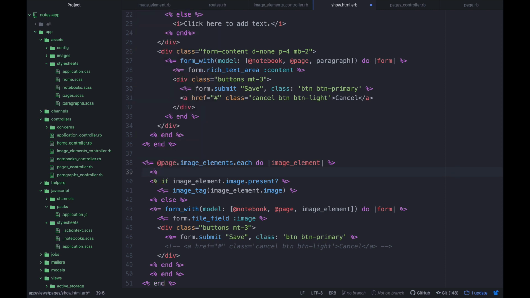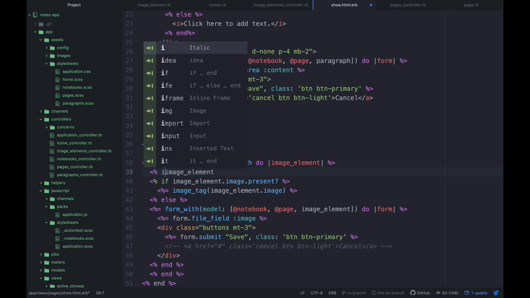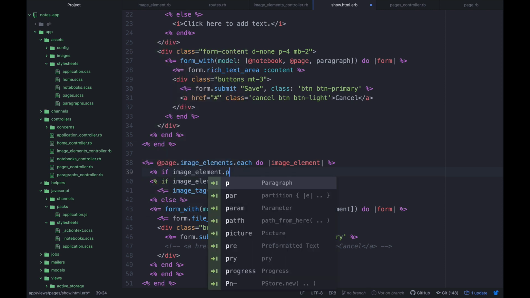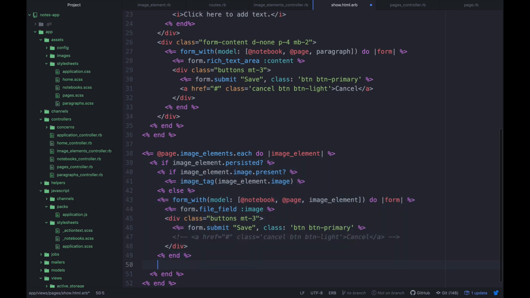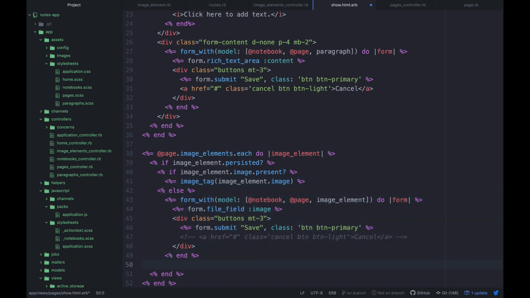So we're getting an empty image element showing up, and that's just because of the way I loaded it. If image_element.persisted?, I messed up something with the nesting there, I feel like. If that else, yeah, so that needs to actually be tabbed in. Okay,